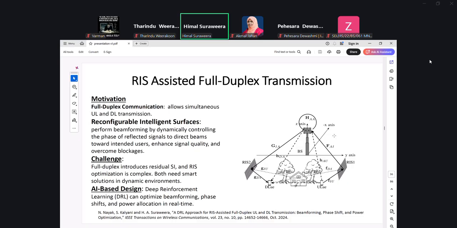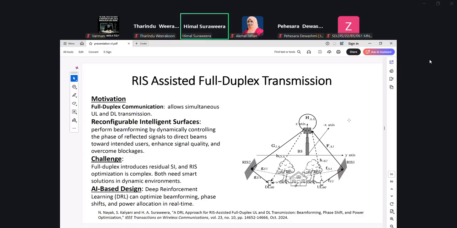But one problem with full duplex transmission is something called self-interference. Since you are transmitting and receiving at the same time, the receive side overhears the transmitted signal, and since the receiver is almost co-located with the transmitter at the base station, this interference can be very significant, and the received signal will not be able to be decoded.